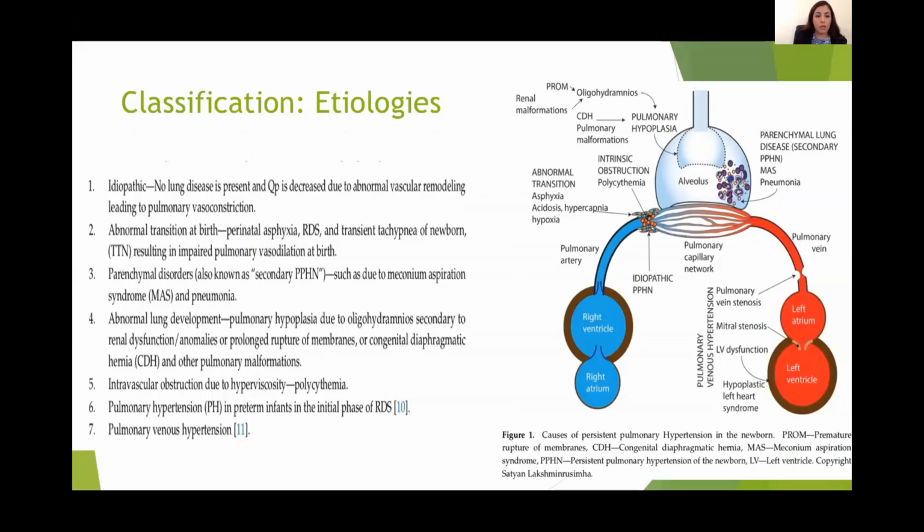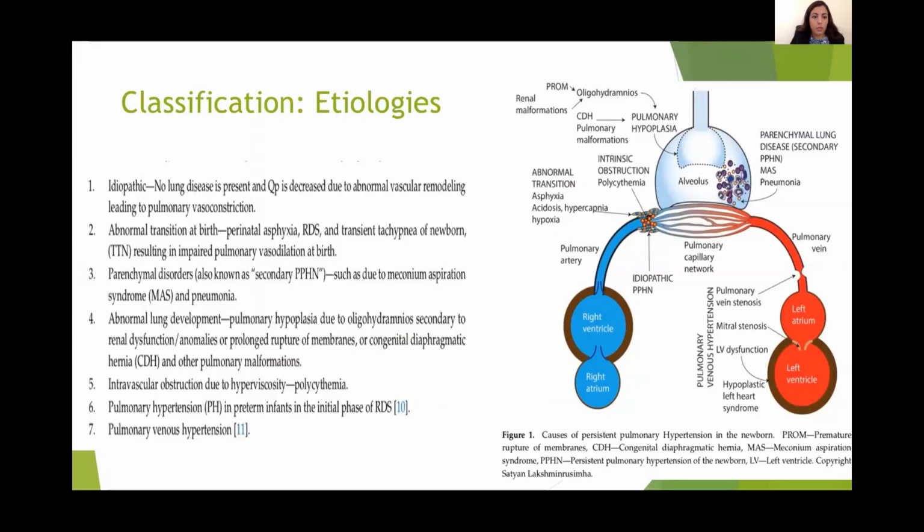We have 7 big groups according to the cause. Sometimes we don't have a clear cause, and this is what we call idiopathic. That means we don't have a clear lung disease, but the pulmonary perfusion is decreased due to abnormal vascular remodeling, which leads to pulmonary vasoconstriction. The second cause could be abnormal transition at birth, like RDS, TTN, or perinatal asphyxia, which leads to impaired pulmonary vasodilatation at birth. The third cause could be parenchymal disorder, which we call secondary PPHN, like meconium aspiration or